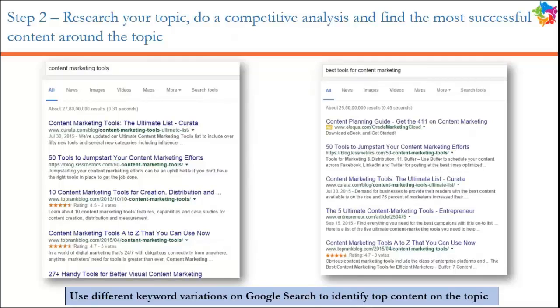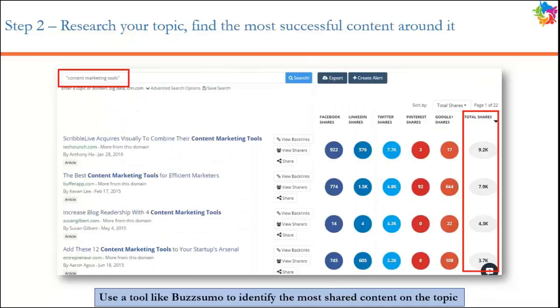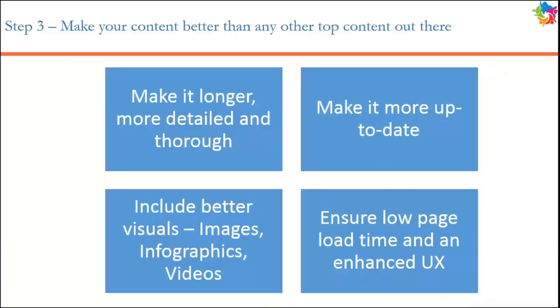That's your step two. So I'll go back and repeat. Step one is to research and find out what topic you want to cover based on your target audience, based on what your audience wants. Step two, after you find your topic, is to find out what existing content pieces are already covering the topic in a good manner, that are ranking on Google, that are being shared a lot. And step three is to go and make your content better than any other top content out there,